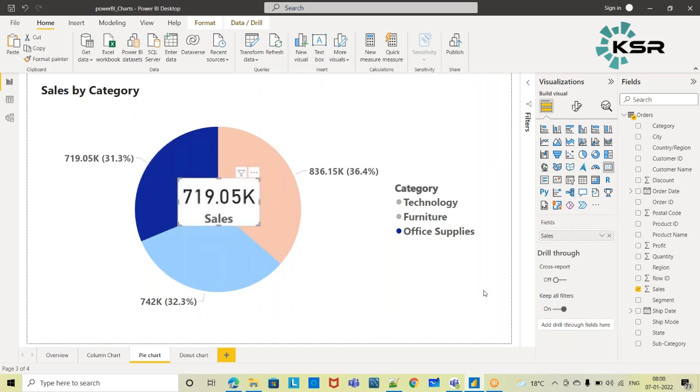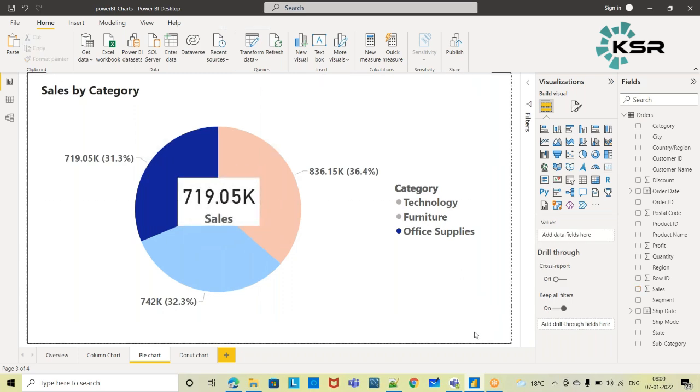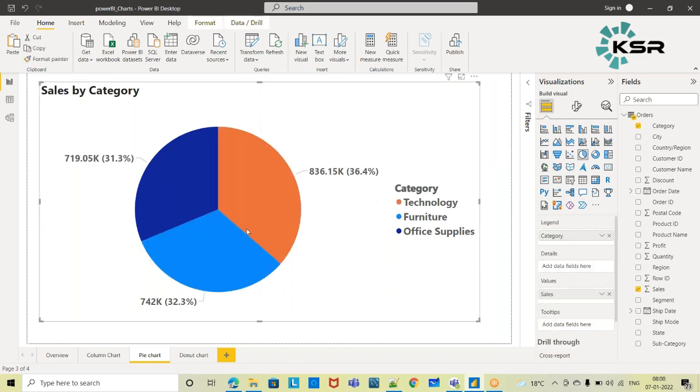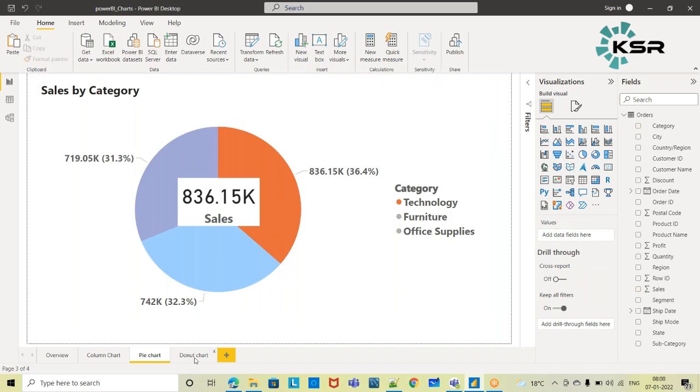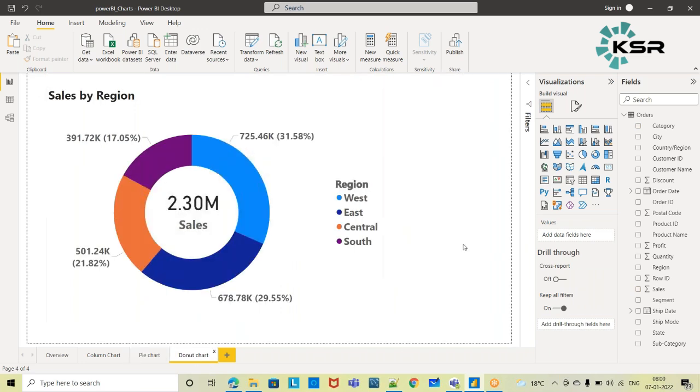See, is it looking good? So this is not giving proper readability. So this is giving the readability is also good.